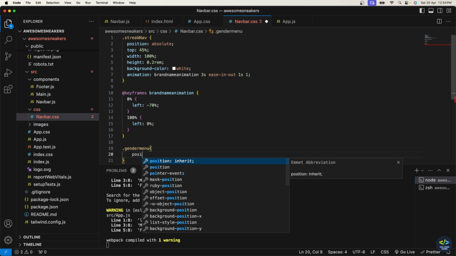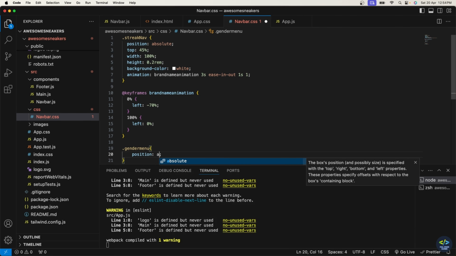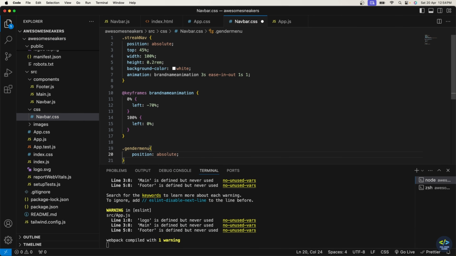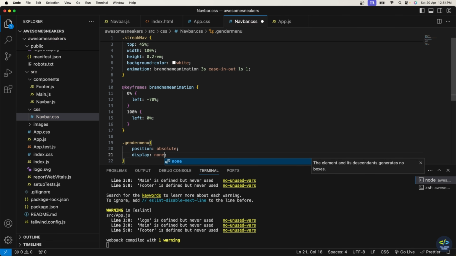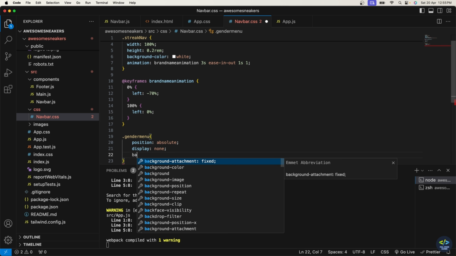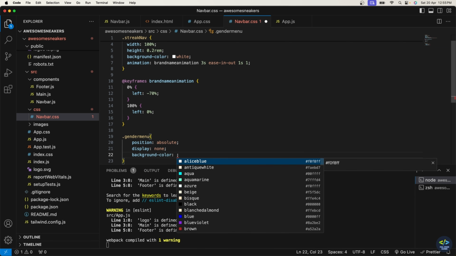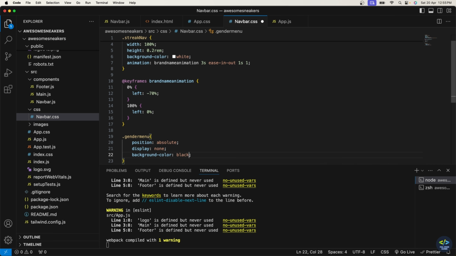So I'll declare it to be position of absolute, and then initially I'll display it to be none. So I don't want to display that. On hover of the shop only this menu should be displayed. So background color to be black,